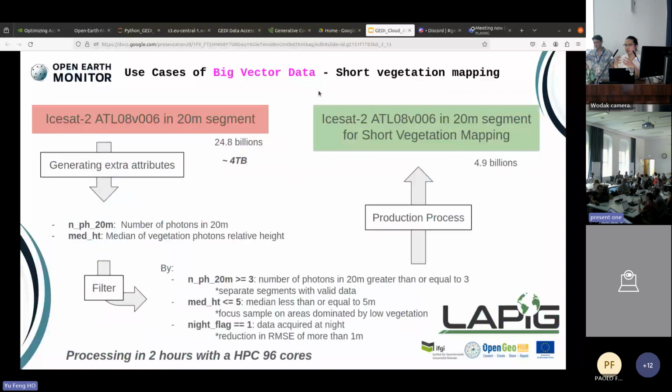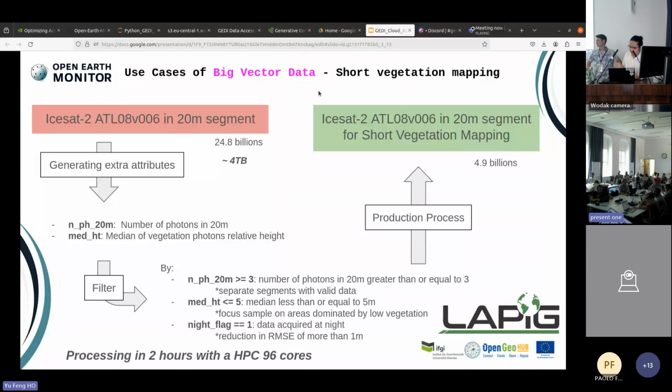And then what we do to support the step is that we have this raw ISAT data, and then when we build these extra attributes by parallel computing when we process the raw file, we have this analysis-ready data set, and we give it to Lapiki, and they can try to build this lazy loading function to retrieve the points very fast to test what kind of attribute they want to use, what kind of threshold they want to apply to get the best sample points within this Parquet